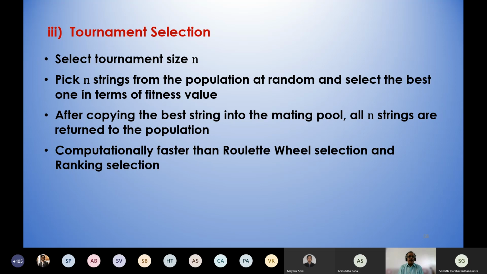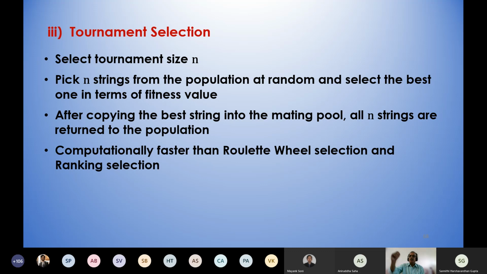Now if I take a very large value for small n, what will happen? Say small n equals 50 and population size is 100. So if small n is kept equal to 50, I'm going to select 50 solutions at random using the random number generator out of 100.